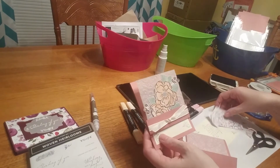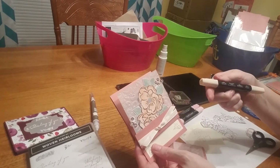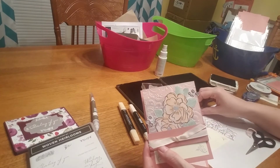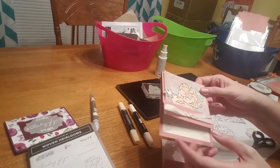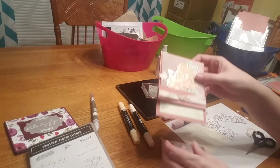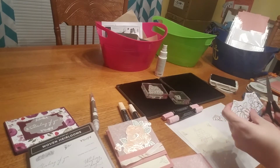This one I colored the flowers in with petal pink blends, and I'm going to color this next one with pink pirouette. Because this paper is Rococo Rose. It's one of the new in colors. It's a real pretty pink. It's a dusty rose, kind of. It's hard to tell in this light. So all you got to do,